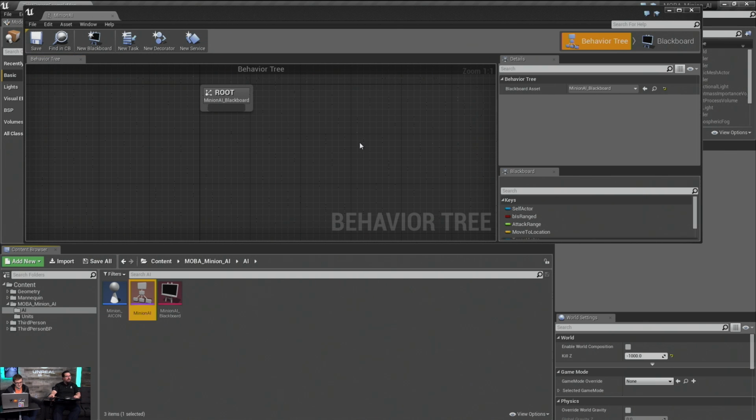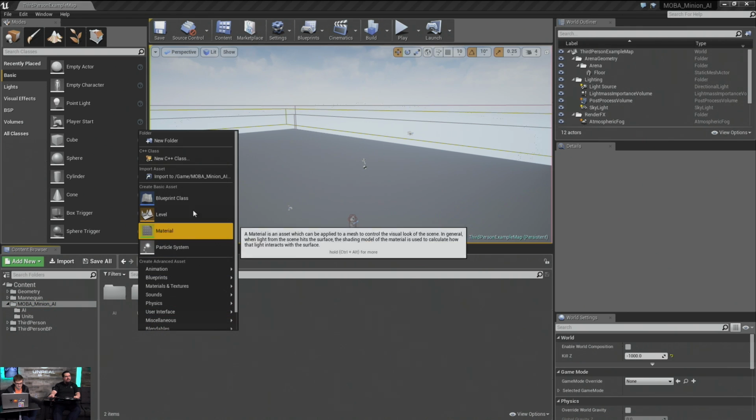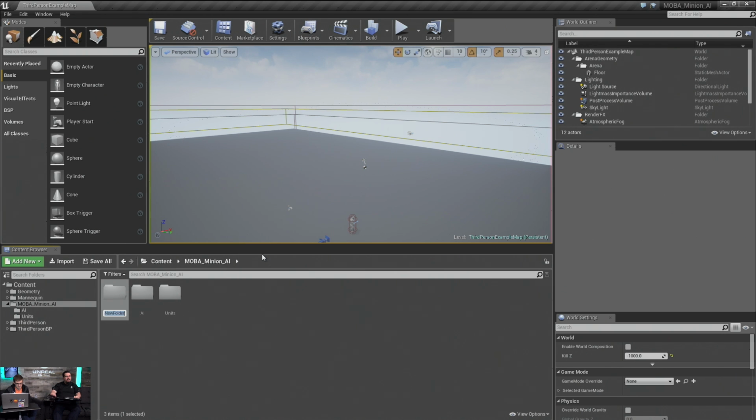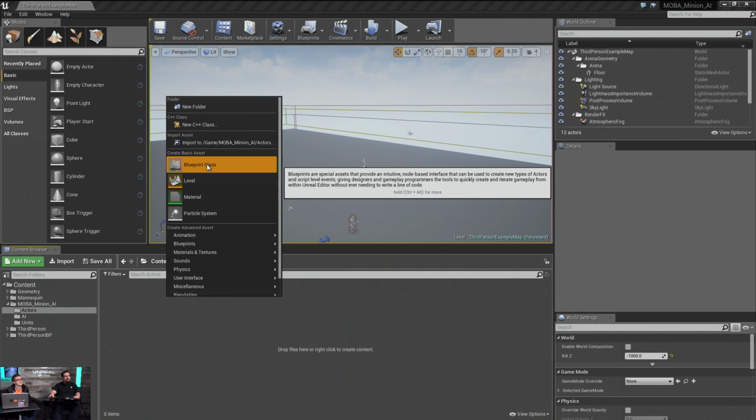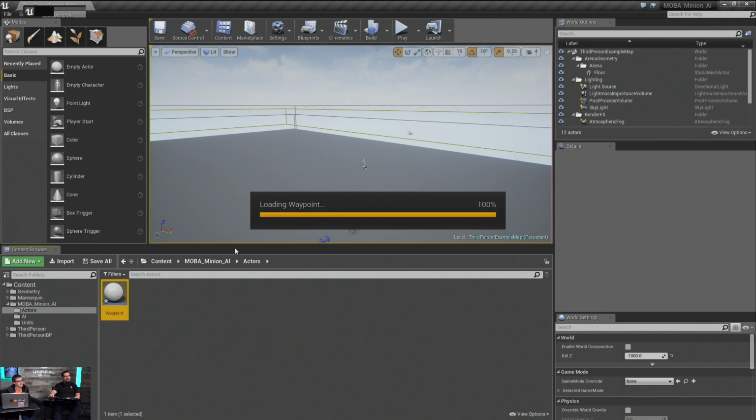I realize I'm running short on time and I'm starting to see questions pile into the window over here. We're going to create waypoint actors because we need waypoint actors. And we need a new blueprint class, and it is going to be of type actor. We're going to call it Waypoint. Wow, I'm so good at this naming.